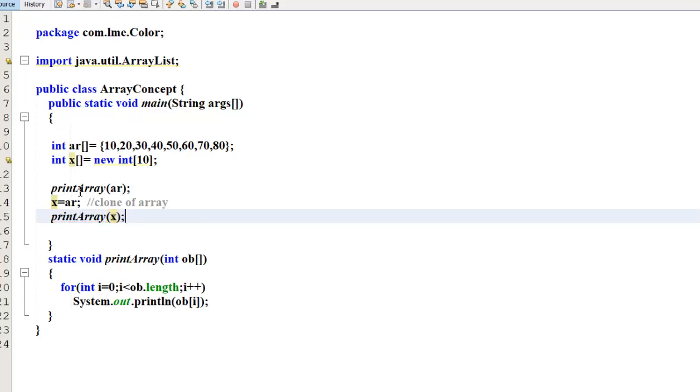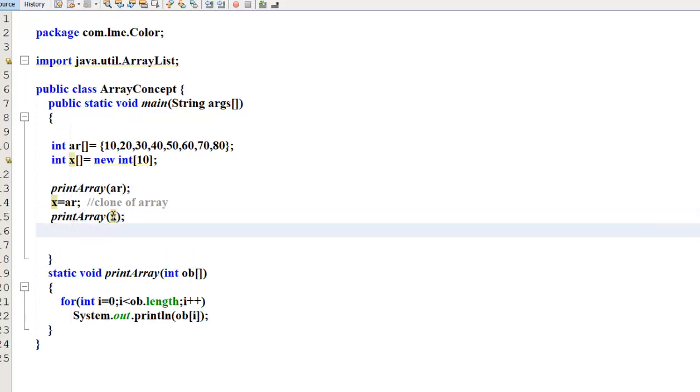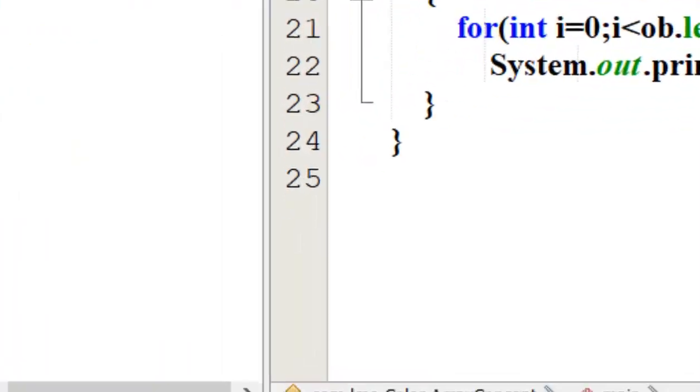Means what we have learned here is how we can pass an array; this is a set of values, not a single value. We passed an array to another method. We pass an array from one to another, meaning multiple values passed at a time. Now run this.